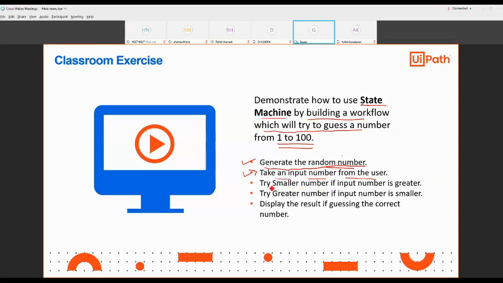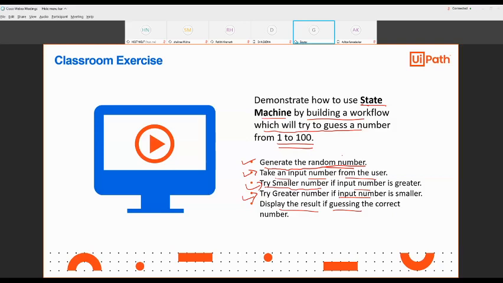Then you have to mention the different kinds of transition. If the number is greater, then try a smaller number. If the number is smaller, then try a greater number. If the number is equal, then display the result: congratulations, you have guessed the correct number. I want you to work together with me to implement this activity.